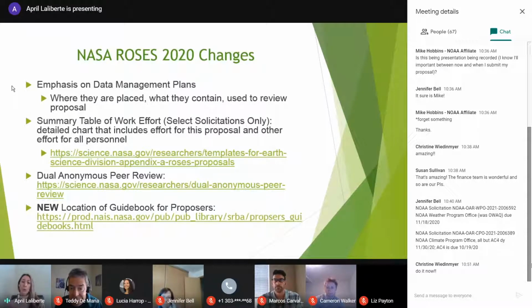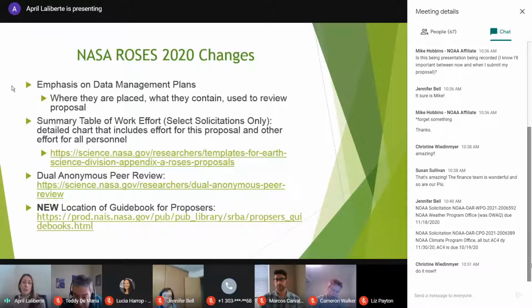Not only are you going to list information for this particular proposal that you're working on, but they also want to know cumulatively how much more effort you have on other projects. So it'll have one column for this proposal and one column for everything else, and you're going to total it up far to the right and down at the bottom. It also wants to know your effort as PI, the co-PI or co-I's effort, and anybody else on the proposal. And if you have any questions, again, ask us.